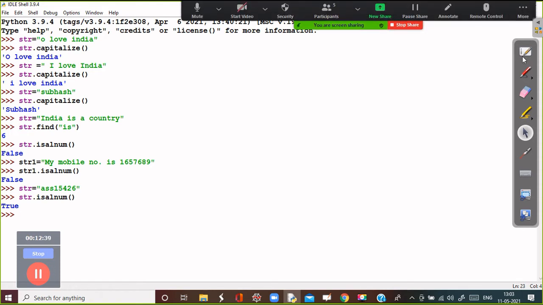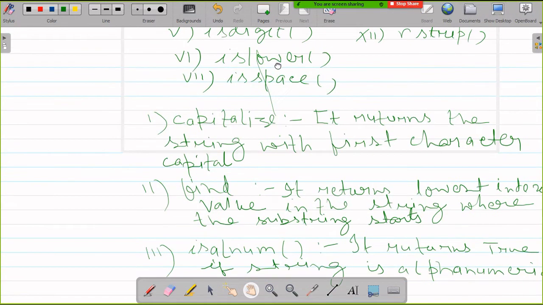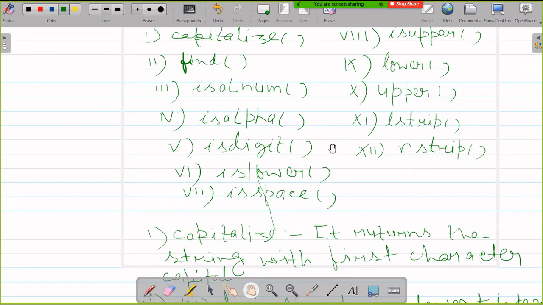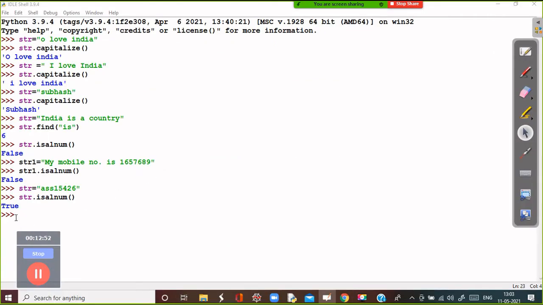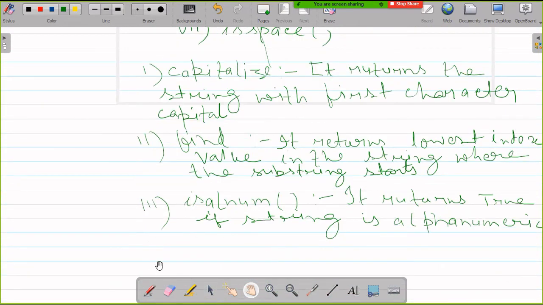Okay, next function is isalpha. Is alpha function is there, and it is also the same as the isalnum. It returns true